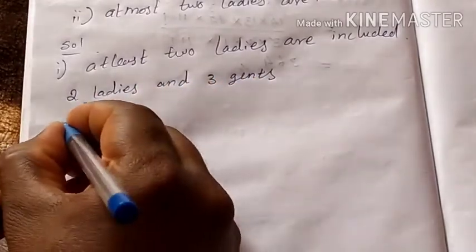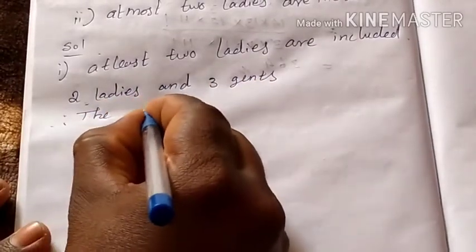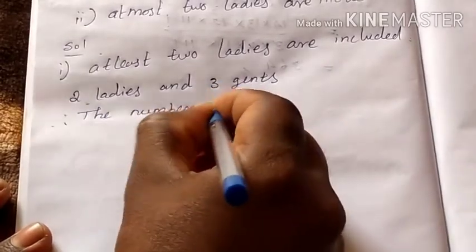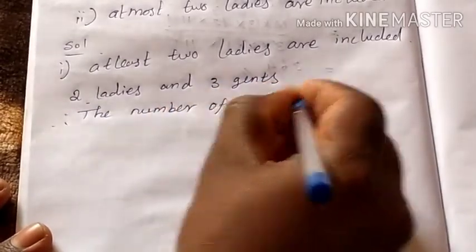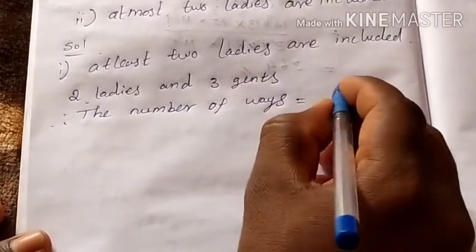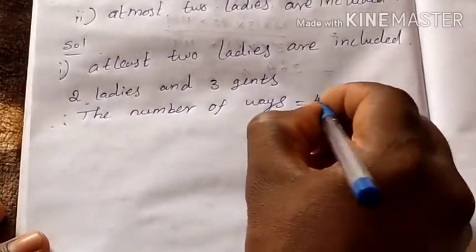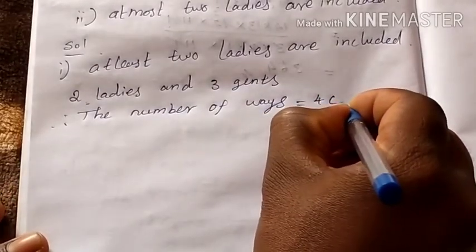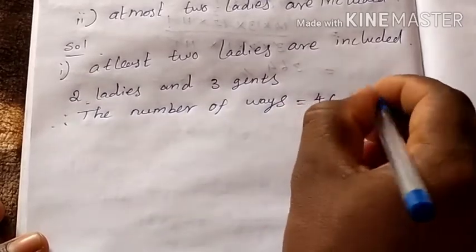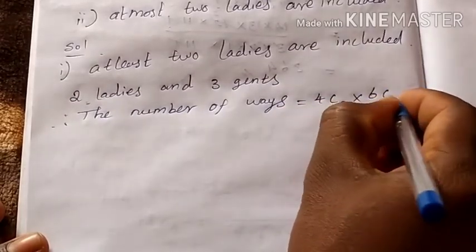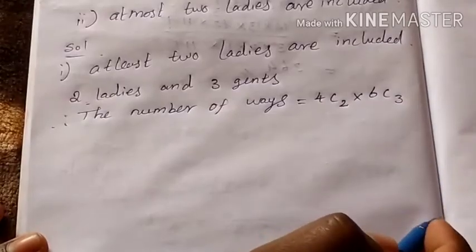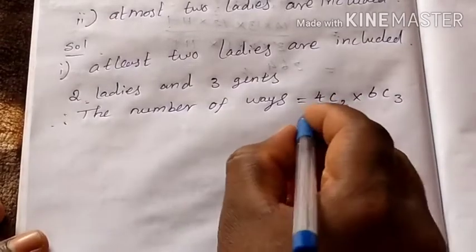Therefore the number of ways equals, so total number of ladies is 4. So now 2 ladies are selected. Then total number of gents is 6. Now 3 gents only are selected. Okay, that's all, which is equal to